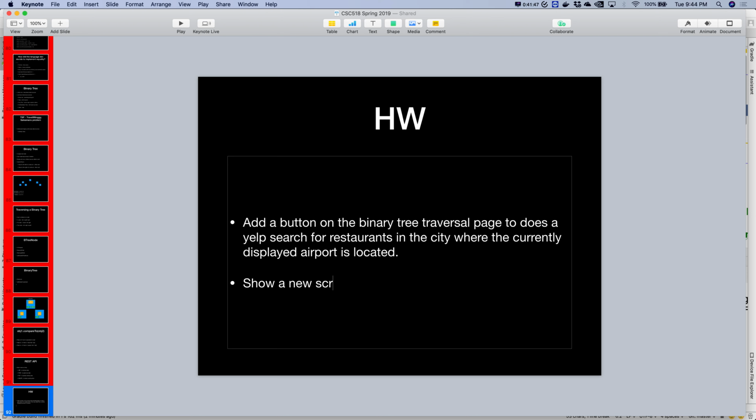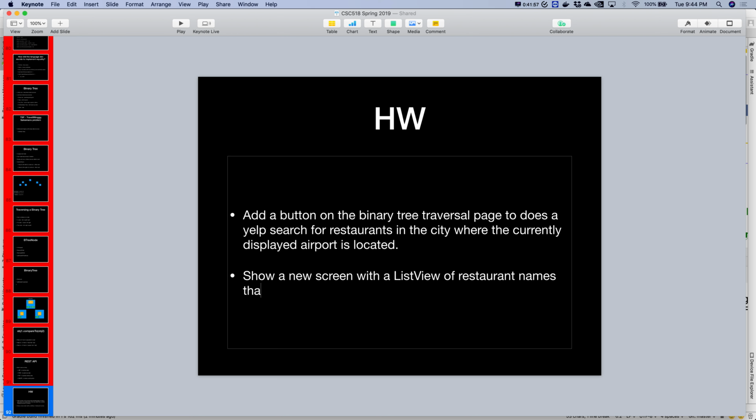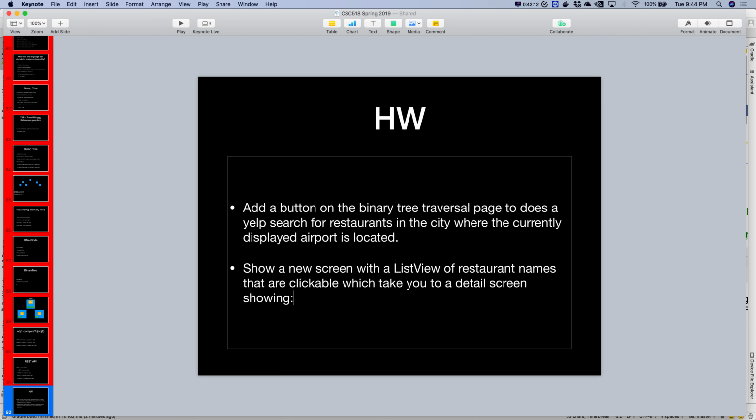Show a new screen with a list view of restaurant names that are clickable, which take you to a detail screen showing